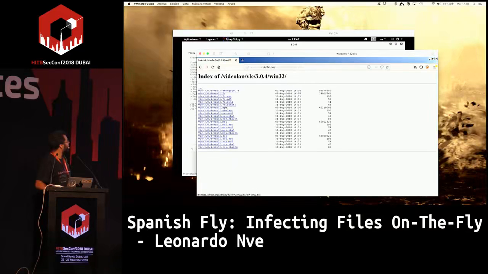Okay. First, without the proxy, save file. As I said, we had a good speed. Good. This is a normal download, what everyone sees. And we want that with the infection to see the same.